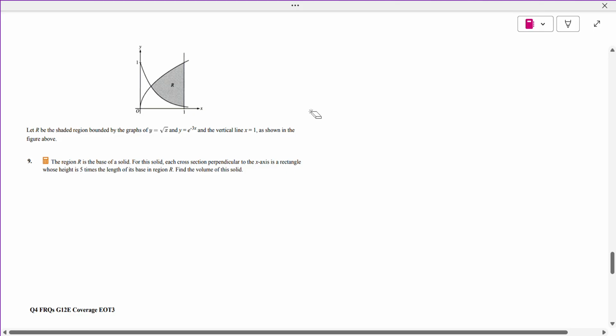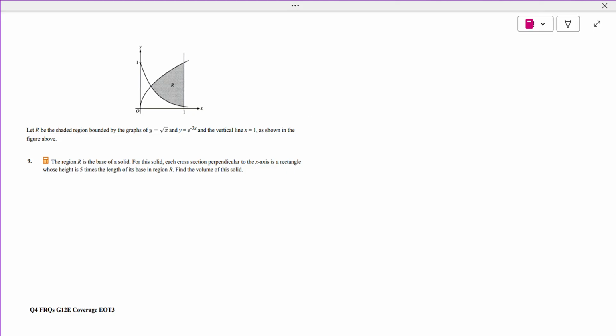Let's continue working on question 4 from the cover of grade 12 elite. We are at question 9 of question 4-5. We have a region bounded by the vertical line x equals 1 and two other functions. We need to find the volume of the solid